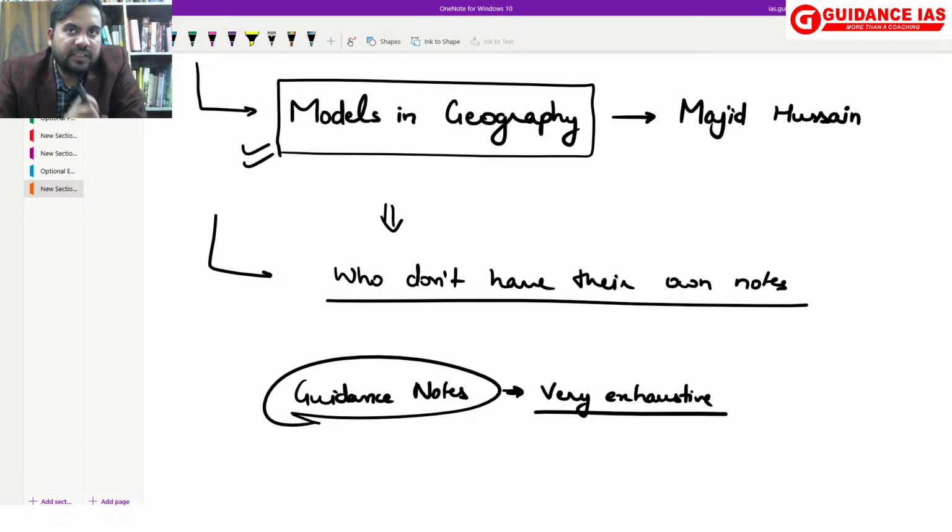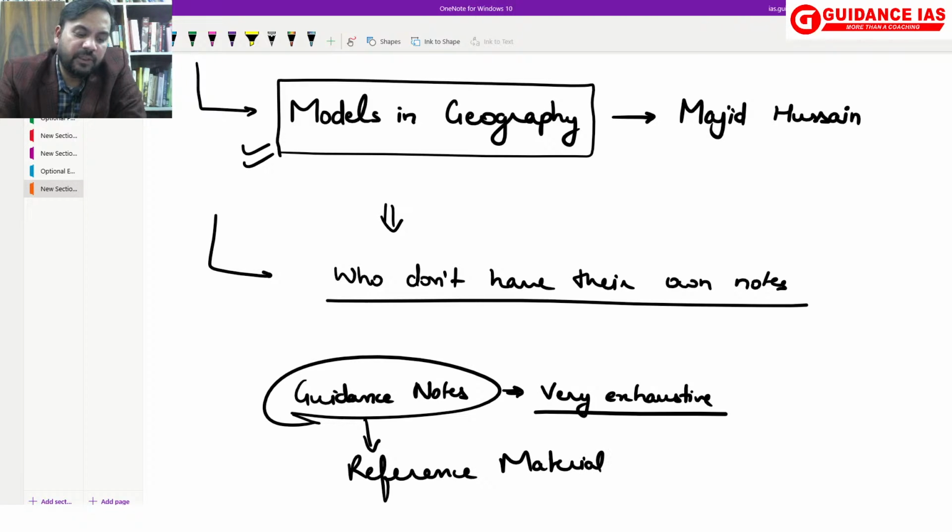So my suggestion, simple suggestion is focus upon the 500 plus, because 500 plus will cover most of the things which are there in the guidance notes. ठीक है, it will cover most of the things which are there in the guidance notes. And once we are done with this, once we have consolidated properly, after that जो भी मुझे एक्स्ट्रा पढ़ना होगा वो मैं पढ़ सकता हूँ. You can keep the guidance notes as reference material. They are very good reference material.